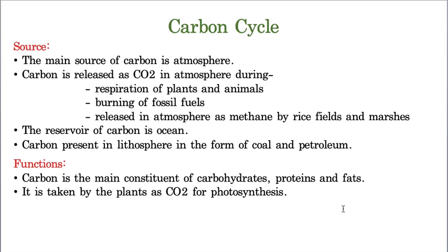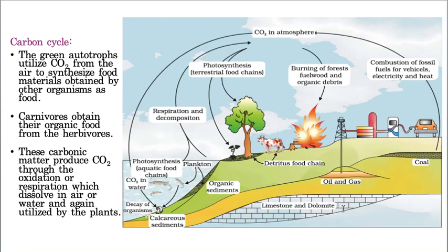Let us take how the carbon cycle takes place. Now here is a carbon cycle, and students this is a very easy image, and I have taken this image directly from your NCERT book. So let us take, this is carbon dioxide that is present in the atmosphere. Now how is this carbon dioxide added to the atmosphere? See, by the respiration of the plants some carbon dioxide is released, and obviously the animals are taking oxygen and releasing carbon dioxide, and by that it is entering into the atmosphere.